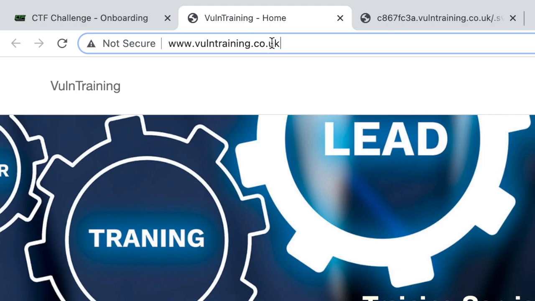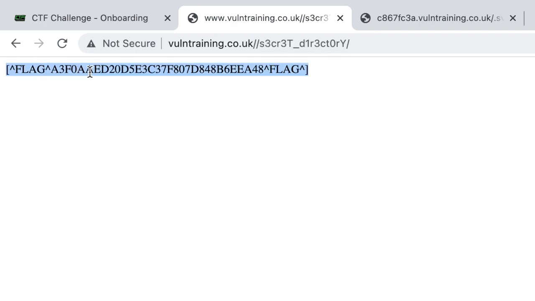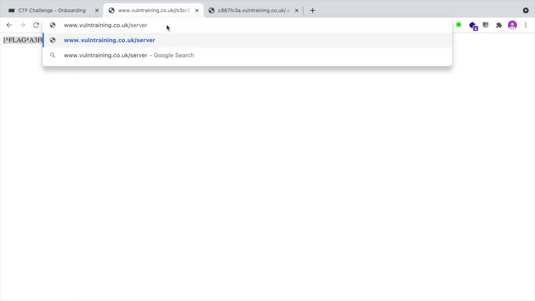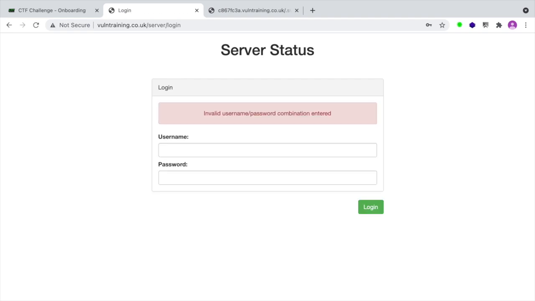So if we go to /robots, we can see that there is a secret directory which returns another flag. The server endpoint, however, gives access to a server status page with a logging feature. So if we try something like admin, we have invalid username and password combination. So one thing to maybe try is to brute force those. But since we don't have a username enumeration disclosure, it would be very hard to try to guess both the